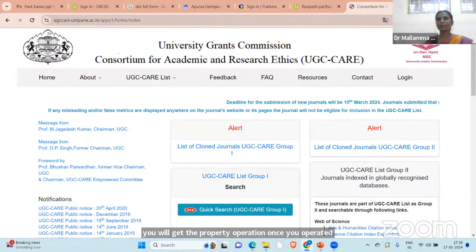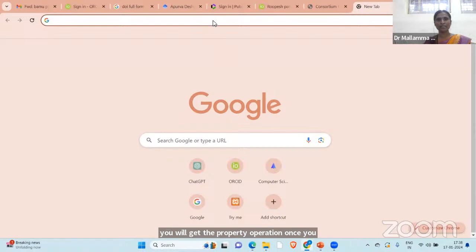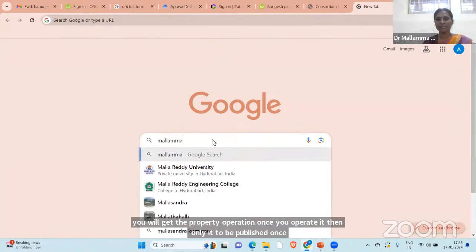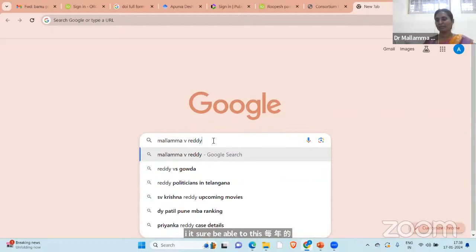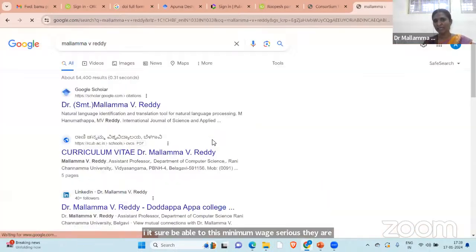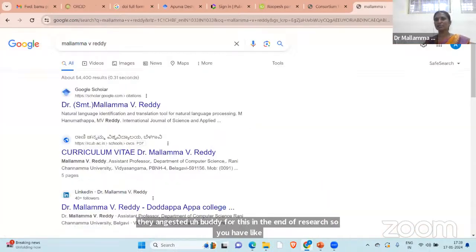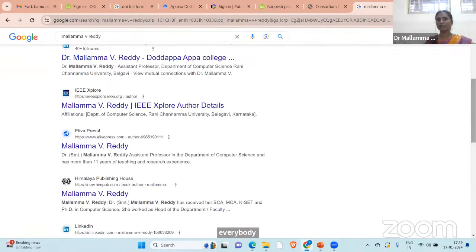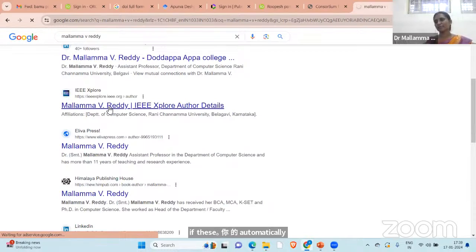As I will show you here, many researchers are there. I'm just a budding researcher in this area. If I put my name here, the research articles published with Document Explorer and IEEE Explorer are automatically reflected on the web. If they are automatically reflected, then they will be cited.